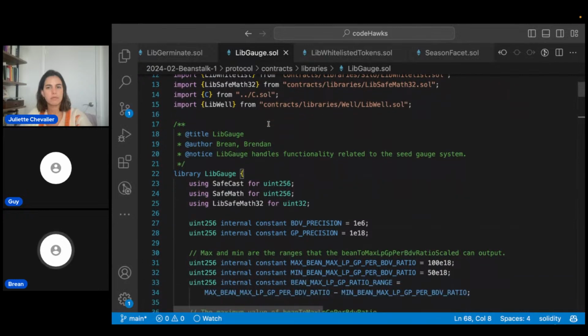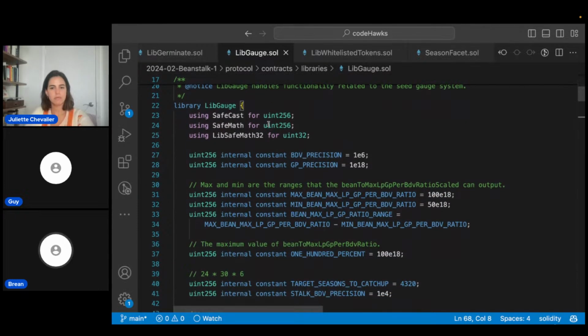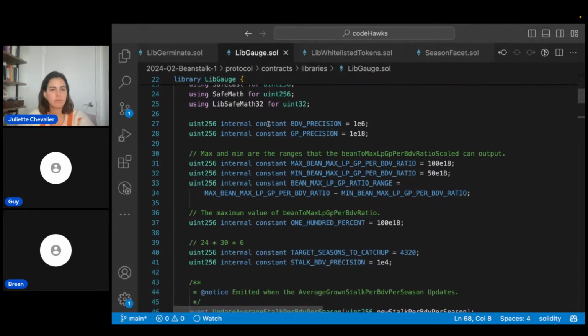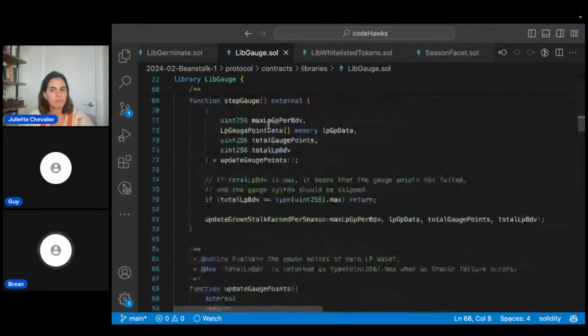LibGauge is the newest update to Beanstalk, which we dubbed the gauge system. Currently, whitelisted Silo assets issue a certain amount of Stalk to each asset. These are determined upon a governance vote and currently are static. It's become apparent that there's a need to be able to adjust these parameters, not only based on the current system, but autonomously. So what this LibGauge system does, let me go to the actual function here, is